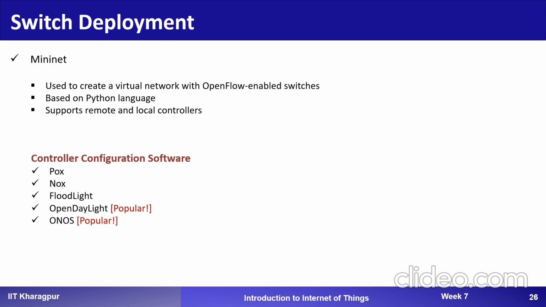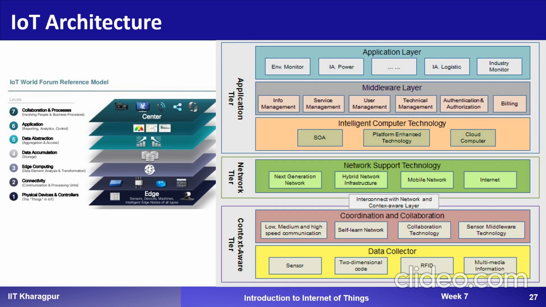Now, controller configuration software. These are the different controller configuration software which are available. The first ones are POX, NOX, Floodlight, OpenDaylight, ONOS. Now the IoT architecture. So basically